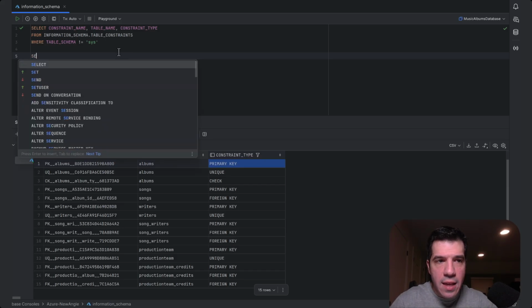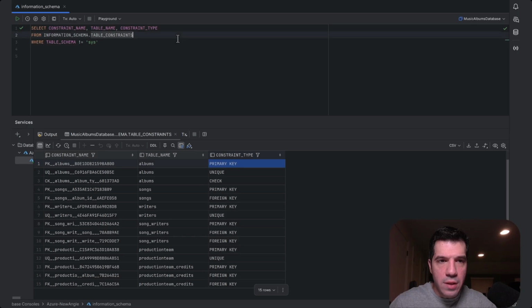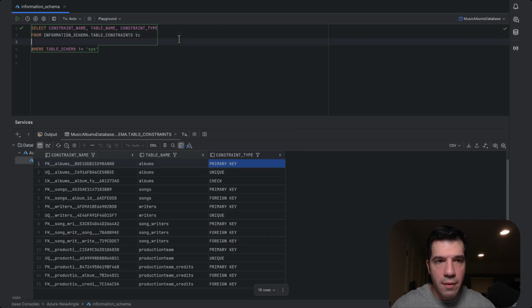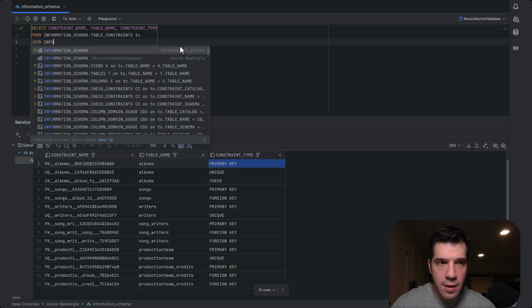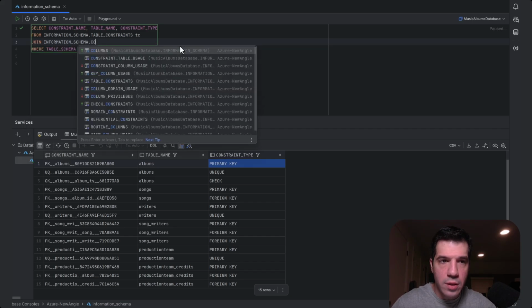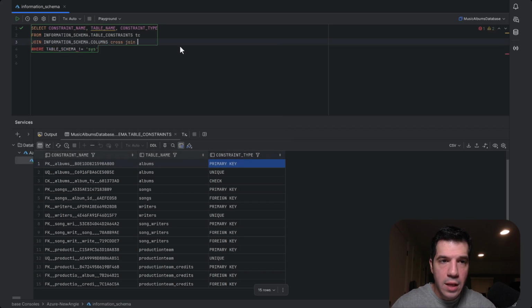So I'm actually going to keep this query, and we can work with this. Let's call this table constraints. Let's give it an identifier as TC, and then let's do an inner join with our previously discussed table, which is columns. I'm going to call that C, and obviously we've got to join them on table name,